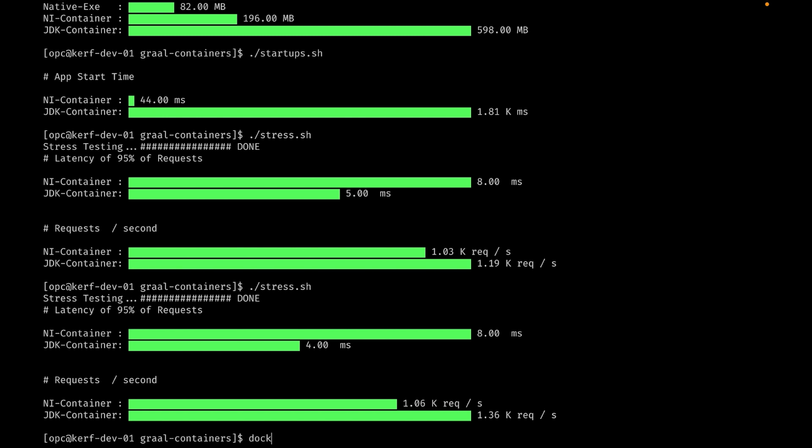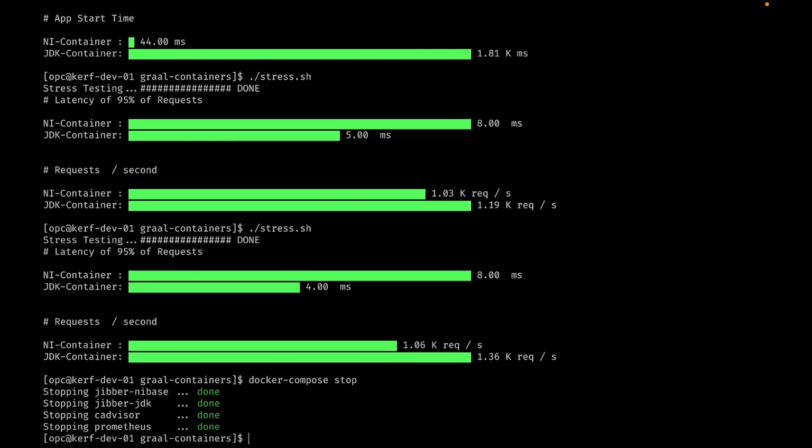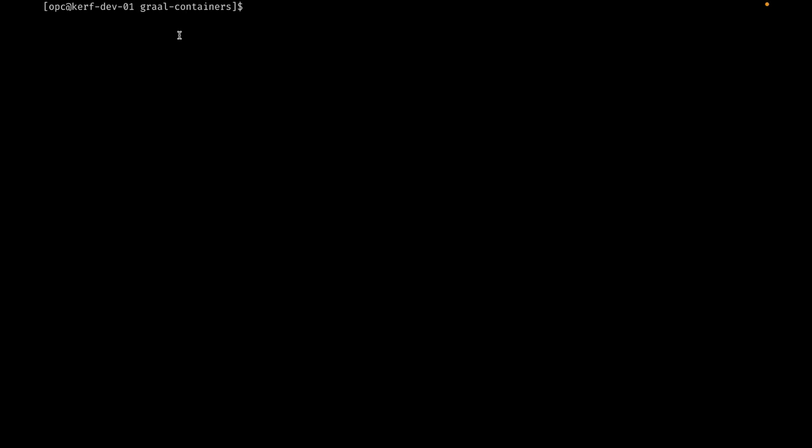But can we improve the performance of our native image? So I'll stop my containers. And I guess the answer to that is obviously yes. So we were interested in whether we could improve the performance. Well, yes, we can. And so if I check out my next branch,